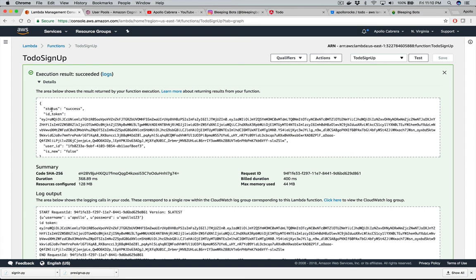So what it returns in the Lambda is this success ID token, and this token can be used in the API gateway call to a different function in order to identify that particular Cognito user to the API, and it passes that, and it authorizes calling